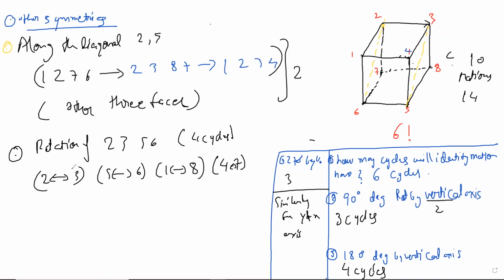Now, how many such planes are there? Because the nature of all of them will be similar. So from the top, you have this. Then you can just consider four possibilities. That's right. So there are four of these, and each of them will have the same cycle structure. So you have four more. So as of now, we have